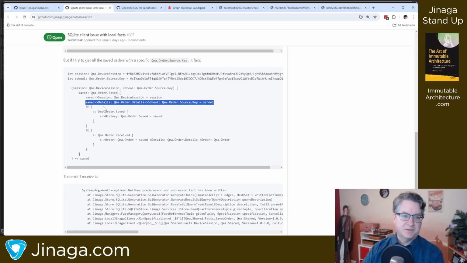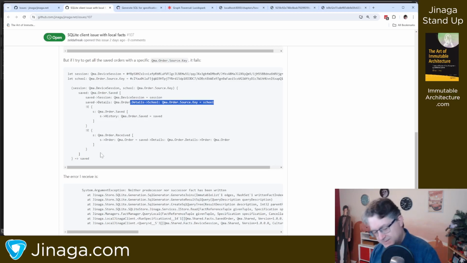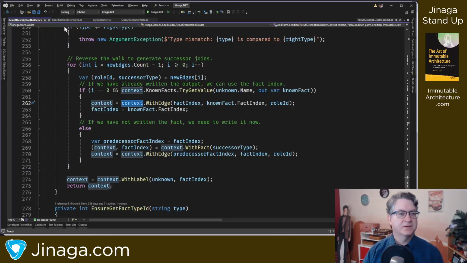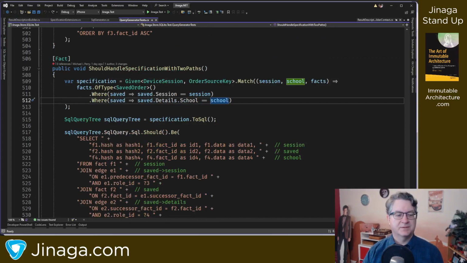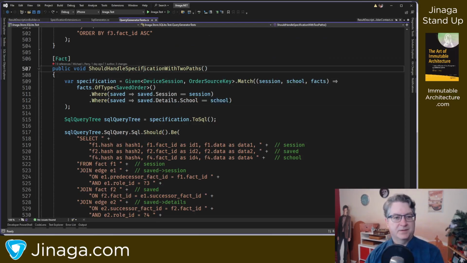Like, for example, if I took details and I joined details to school, so I just had this little part right here. I just joined details to school first, and then I introduced this. Then we would end up in a place that the solution would not fix. You know what? In fact, that is a really good test. Let's do that while we're here. Okay, so I am going to